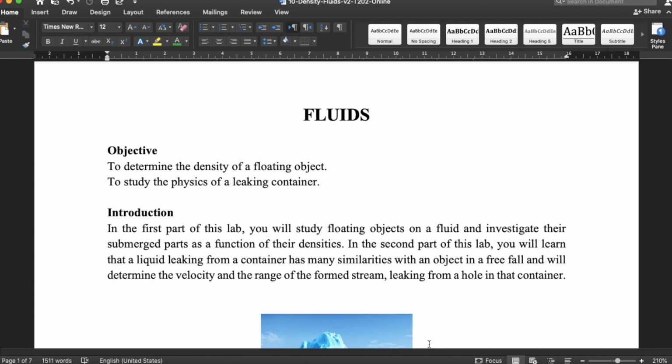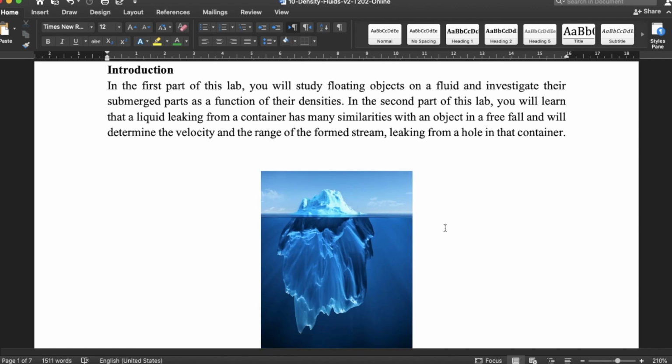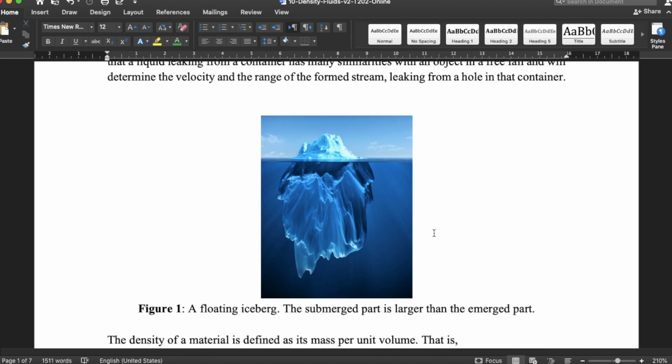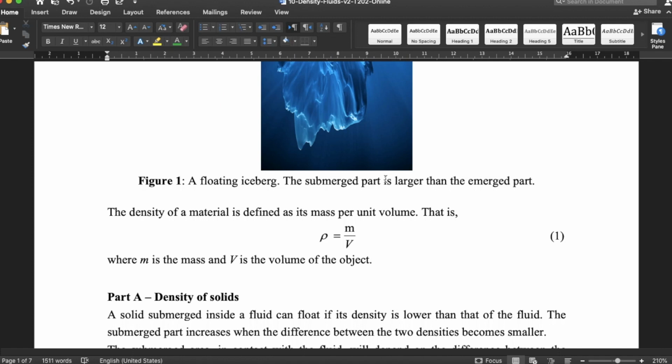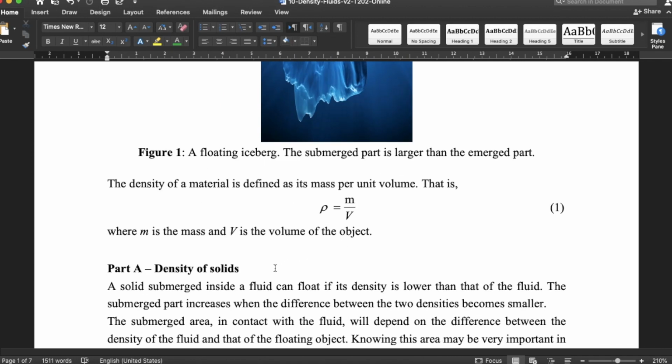This is the last experiment of this semester, and in this lab we will study fluids. So just to give you a short motivation, I'm sure you have seen this picture before. This is a picture of a floating iceberg, and as you can see, the part that is submerged under the surface is much larger than the emerged part above the surface. Is this always the case, or sometimes we have the reverse situation? We will see, or hopefully we'll answer this question, and you will be able to answer this question